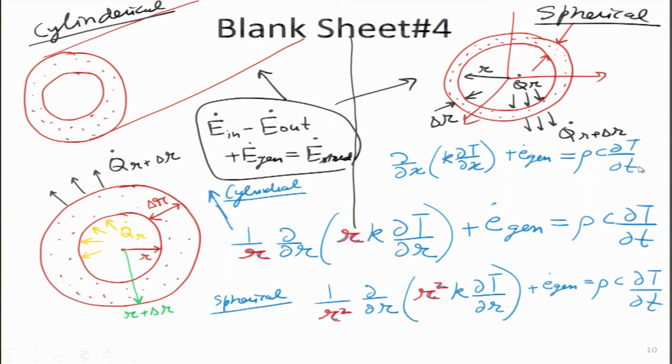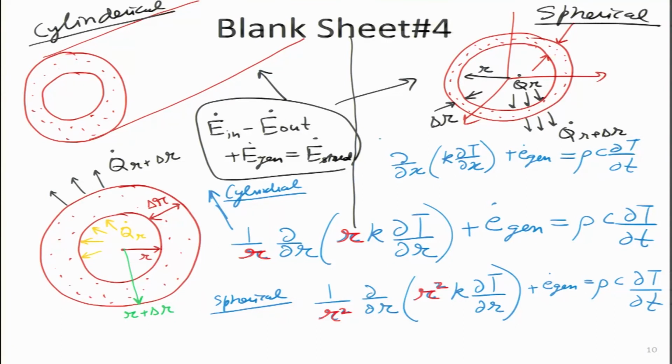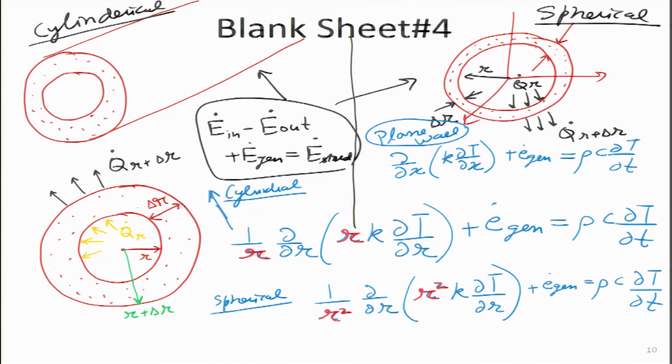Now let me ask you a very interesting question. You can see three blue equations on this particular screen. The top one is for plane wall, that is equation number 1. Equation number 2 is for the cylindrical case. Equation number 3 is for the spherical case. If I were a little bit observant, can I say by looking at these three equations that they are kind of similar? Let us look at them once again, and now we can find out the reason why I have made some of these R's red.